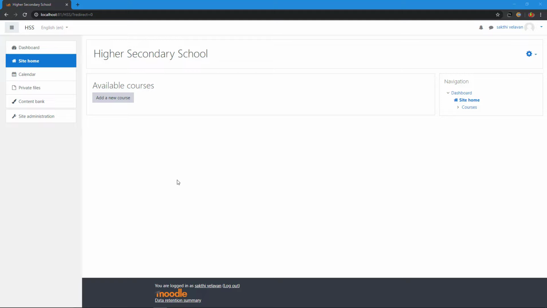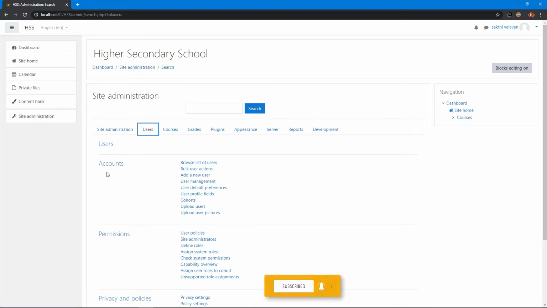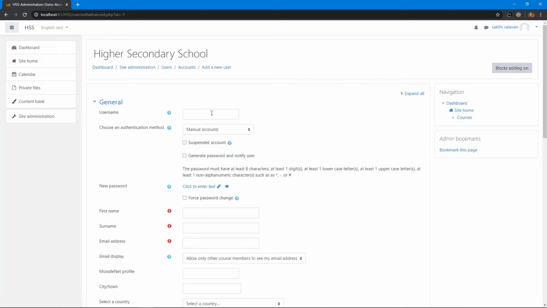Now we are going to see how to add a user and manipulate and delete. Now I go to site administration settings and I click users tab. In the account section you can see add a new user option. I set username Dinesh. In the choose an authentication method, I click once.